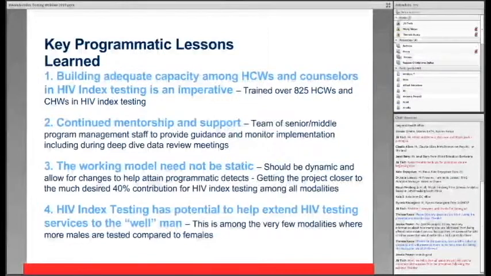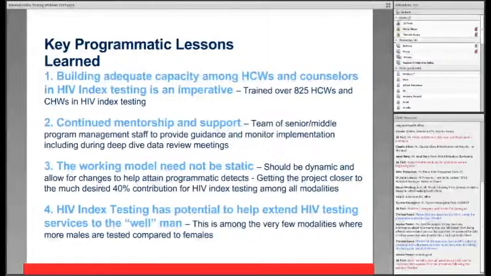seen, and I think we are seeing this to a greater extent in a lot of our sites, that if you place a requirement and people have a very clear target, they work towards that target of ensuring that the contribution from indexing is as high as 40%. Everyone is more or less warmed up to this target, and everyone is pushing in one direction for the purposes of achieving it. And then lastly, but of course not the least, HIV index testing has potential to help